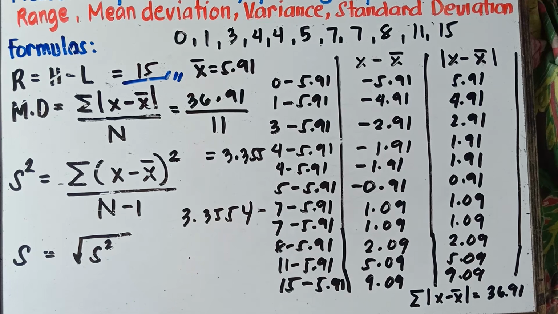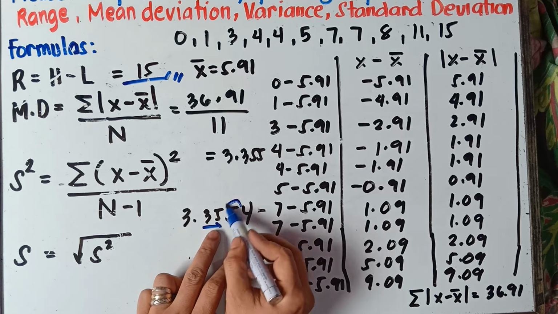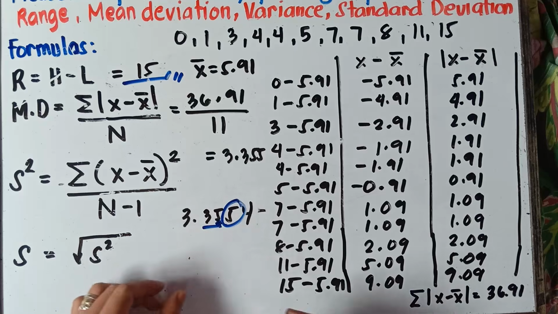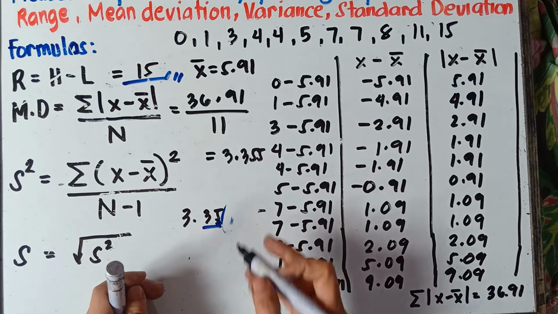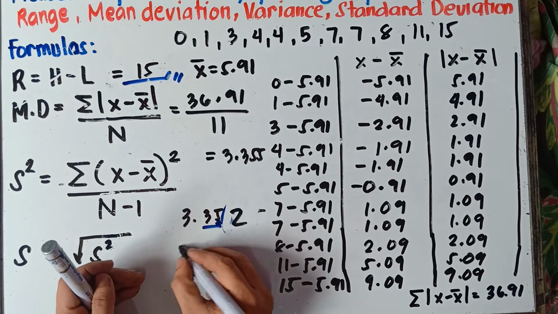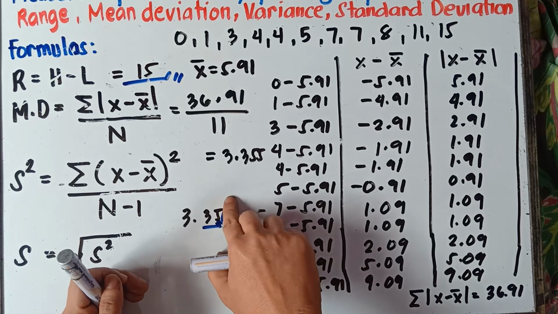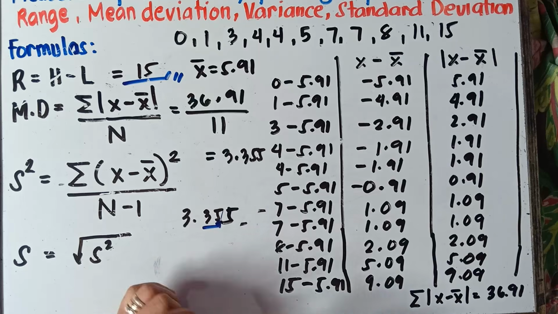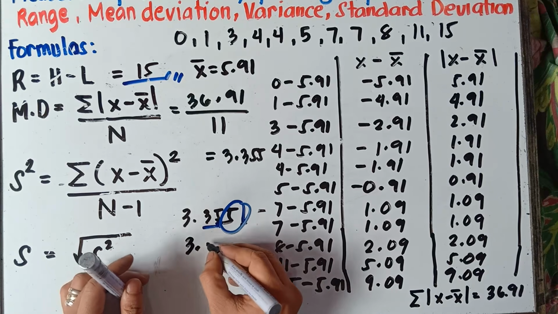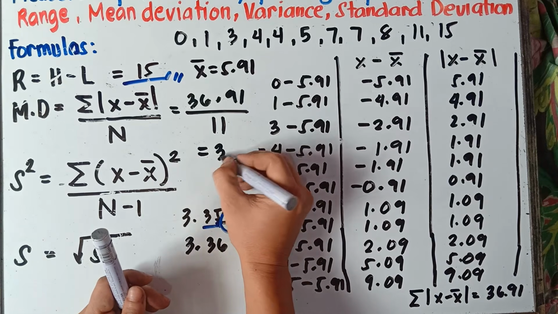3.3554. Once again, we need to have at least two decimal numbers. So therefore, after the 5, class, we need to round up. This 5 becomes 6. If this is 2, just an example, class, simply copy 3.35, and that would be your answer. Now, since this is 5, this is 3.355, therefore we need to round up. This 5 becomes 6, so our final answer will be 3.36. Therefore, the mean deviation is equal to 3.36.